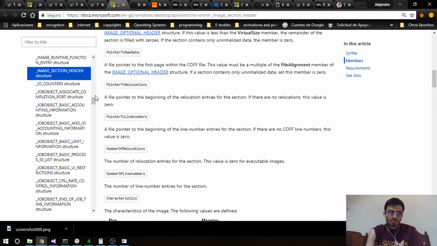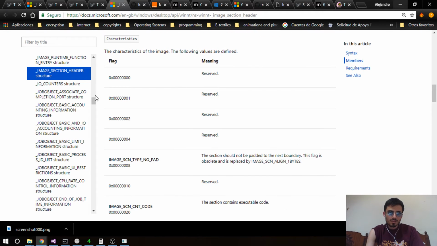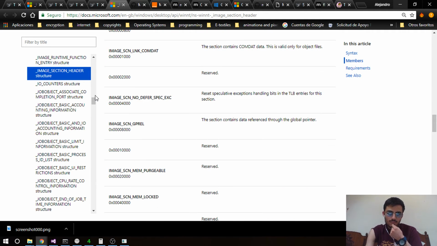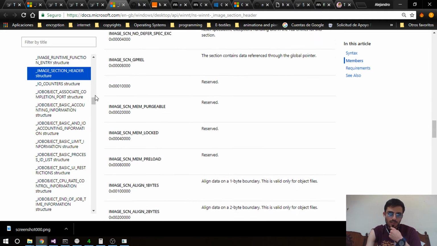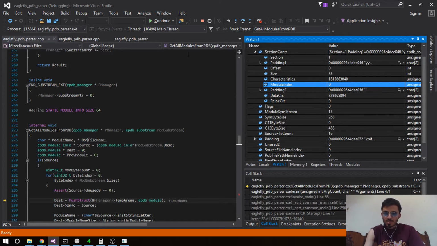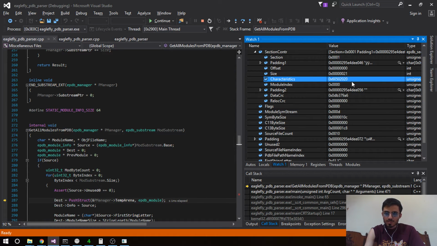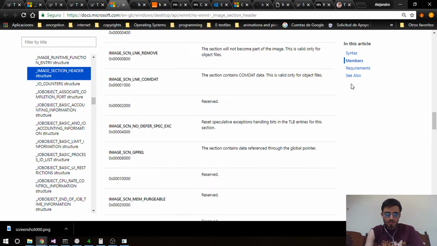So can it have just one? Or it can be many of them? I believe it can have many of them, isn't it? Let me see if I can look it in hex. So yeah, it has many of them. It has at least